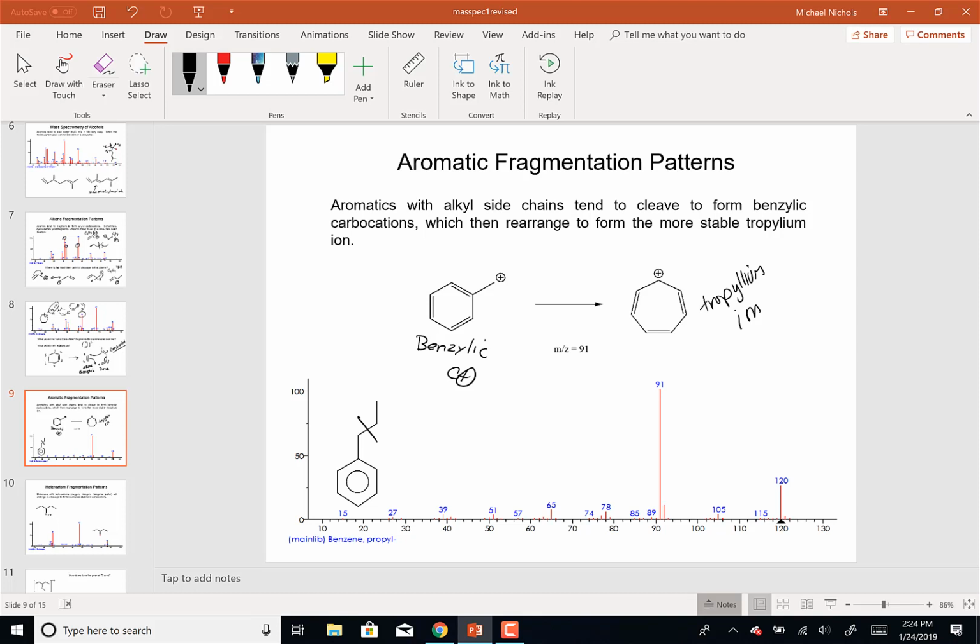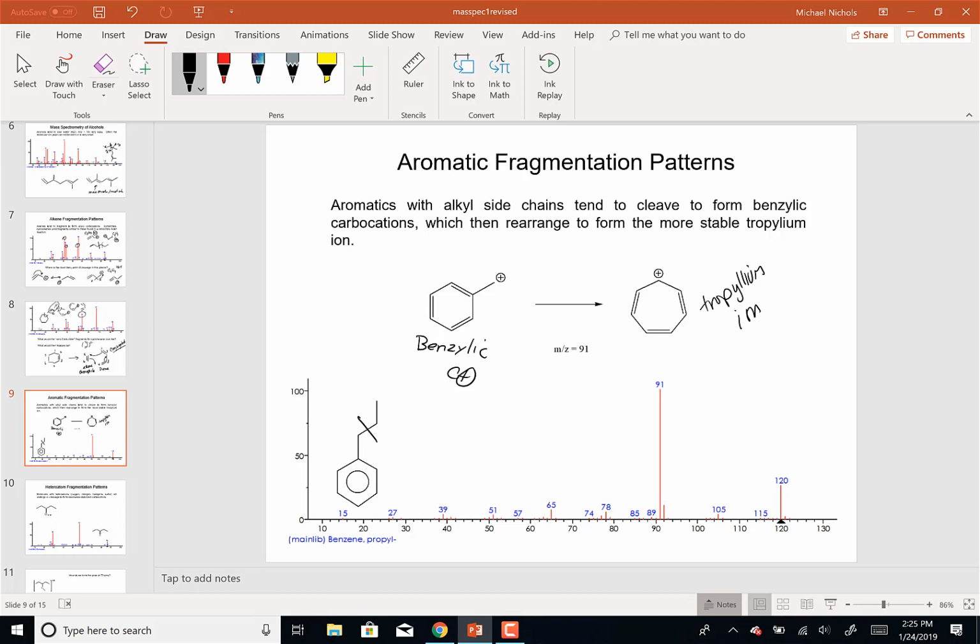Benzylic, so the benzylic carbocation opens up to the tropylium. The other way to define aromatic is non-reactive or superstable. So we're going to learn that the benzene ring is superstable. We're going to learn that tropylium is also aromatic as a cation, and it will not do things that normal cations do. It's actually a very stable carbocation because it has a bunch of resonance structures that you could draw, that you will draw in the homework problems,